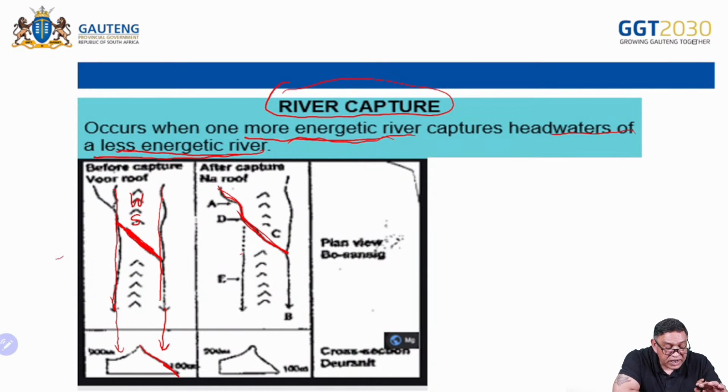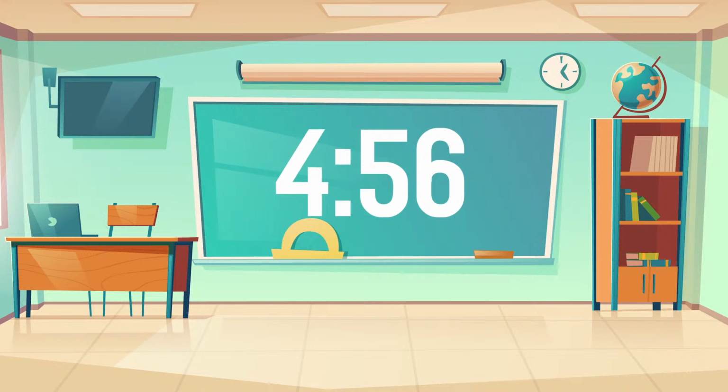Now, learners, you need to know the difference. You just learn labels. E is not the captured stream. It's still its stream on its own. It's now lost its headwaters, so it's become a misfit stream, but it is not the captured stream. This piece that has been captured from here, that